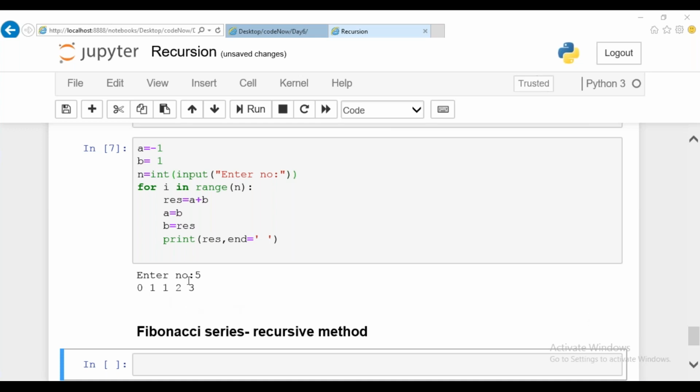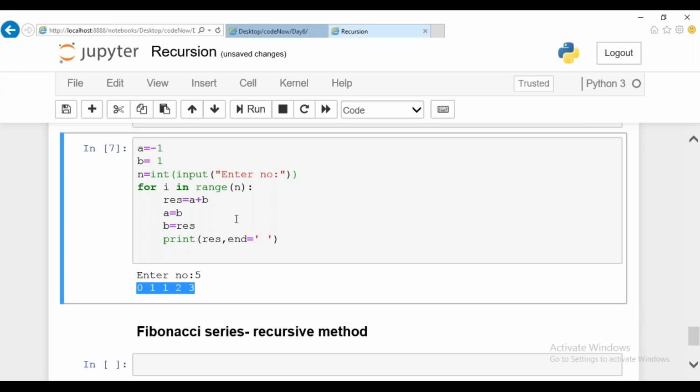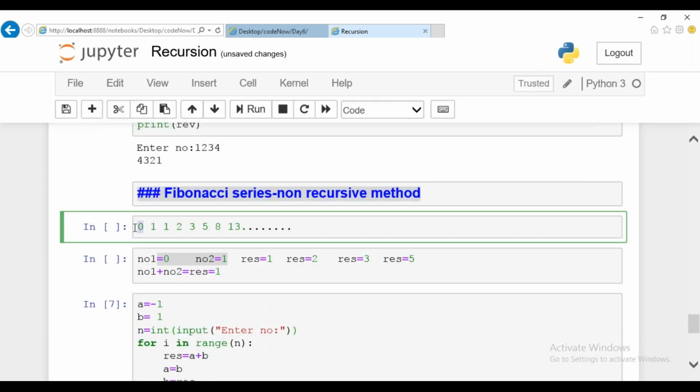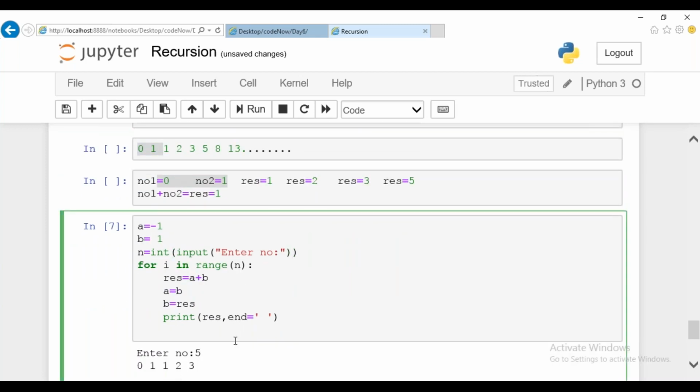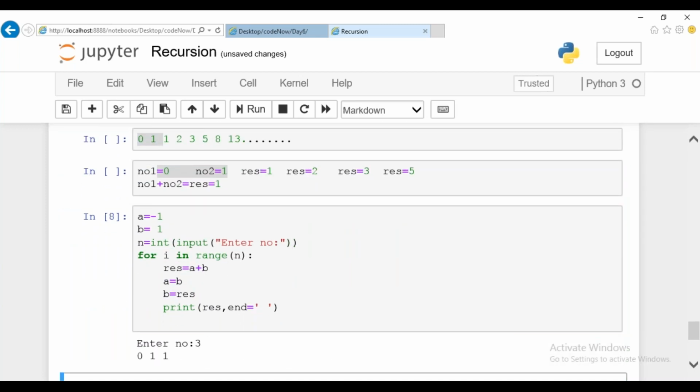You can notice that. How many values are there? First 5 Fibonacci series: 1, 2, 3, 4, 5. When I'm speaking about the Fibonacci series, it has certain numbers, right? I want to print the first 5 numbers or first 2 numbers. So if I give 3, it will give you the first 3 numbers alone.